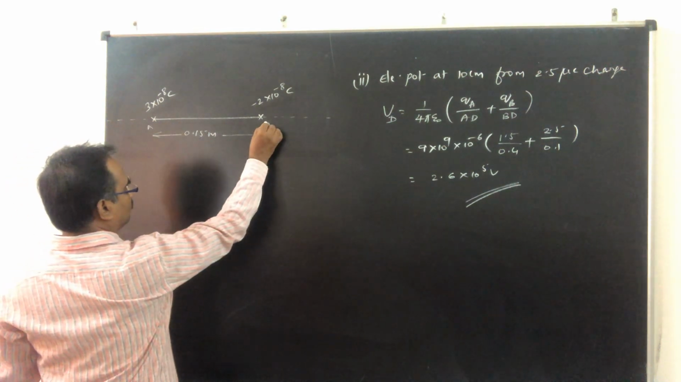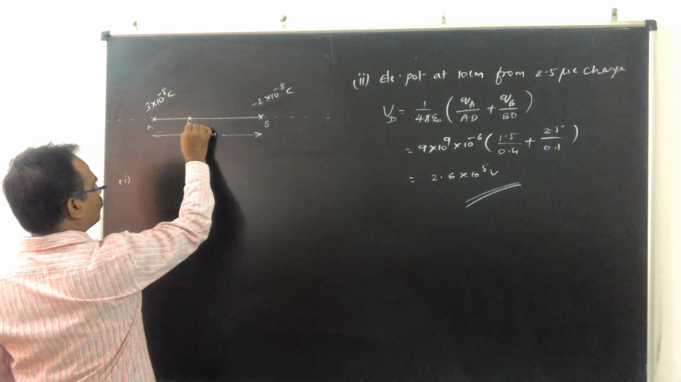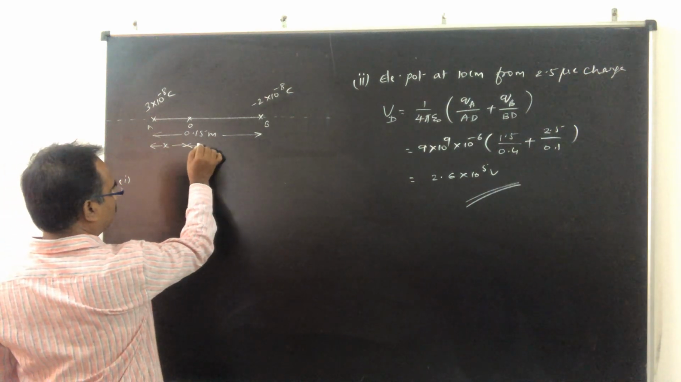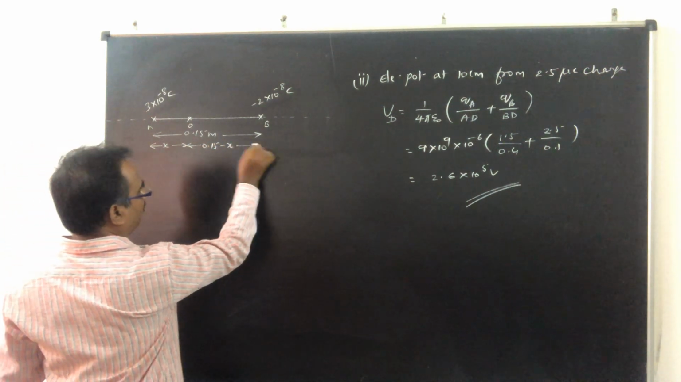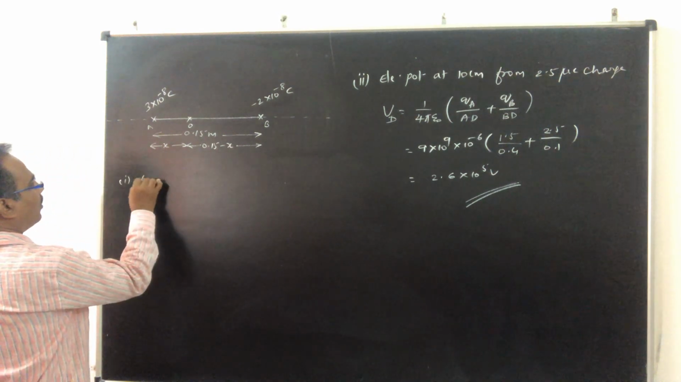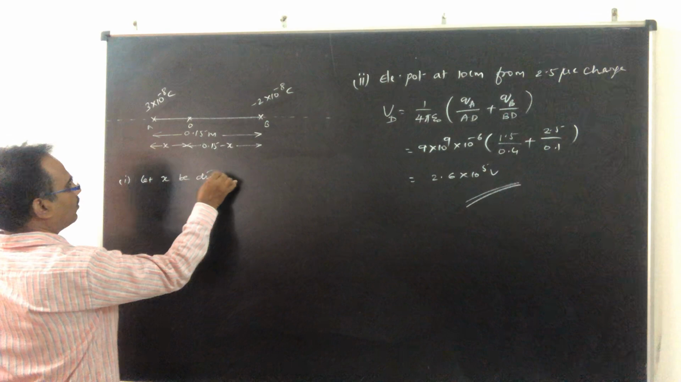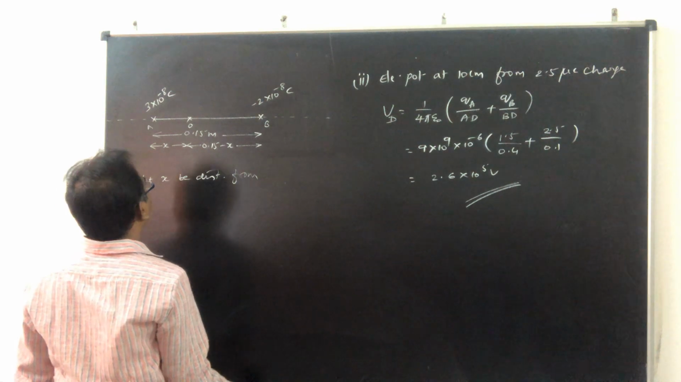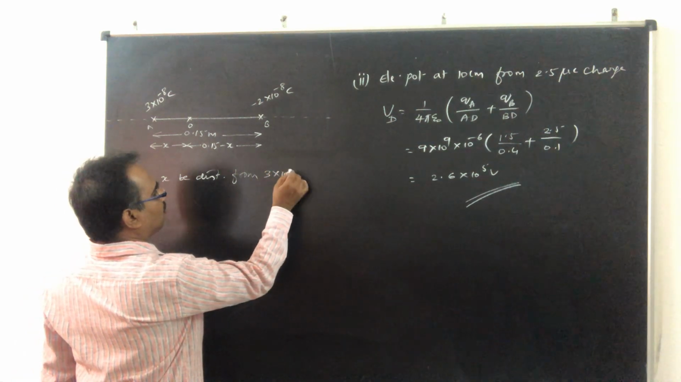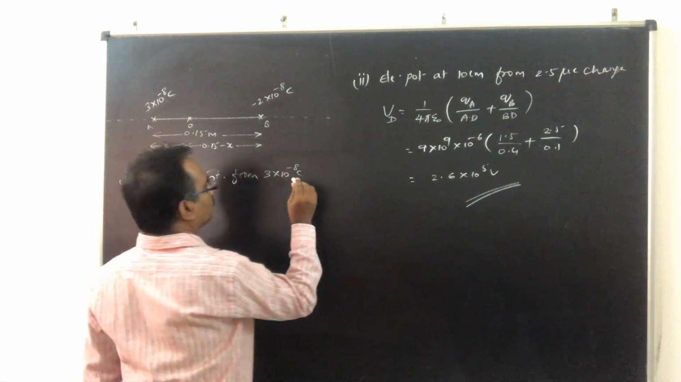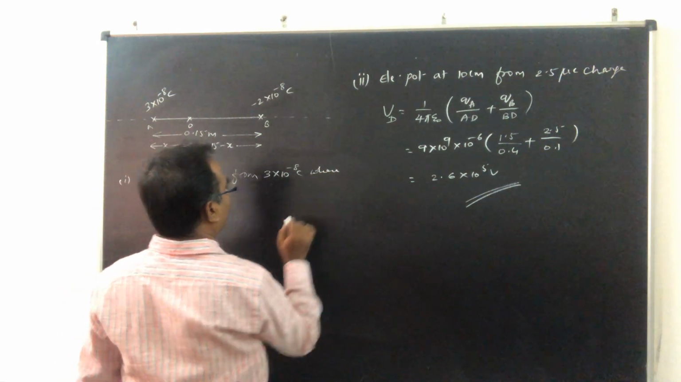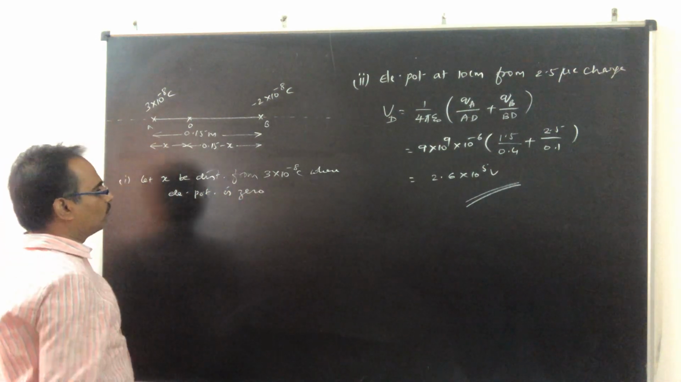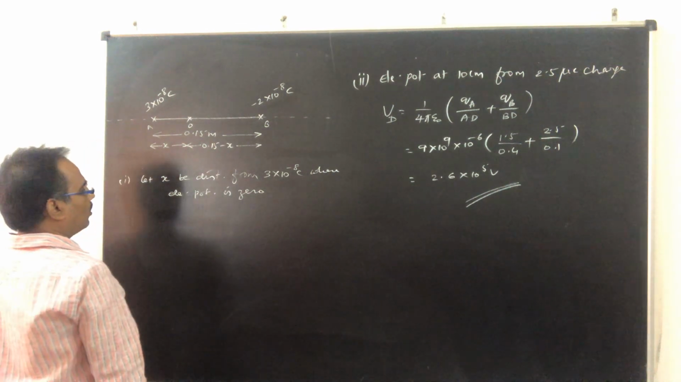This is A, this is B, this is O. Let this distance be x. The remaining distance will become 0.15 minus x. Let x be the distance from the 3 into 10 to the power of minus 8 coulomb charge, where electric potential is 0. That means